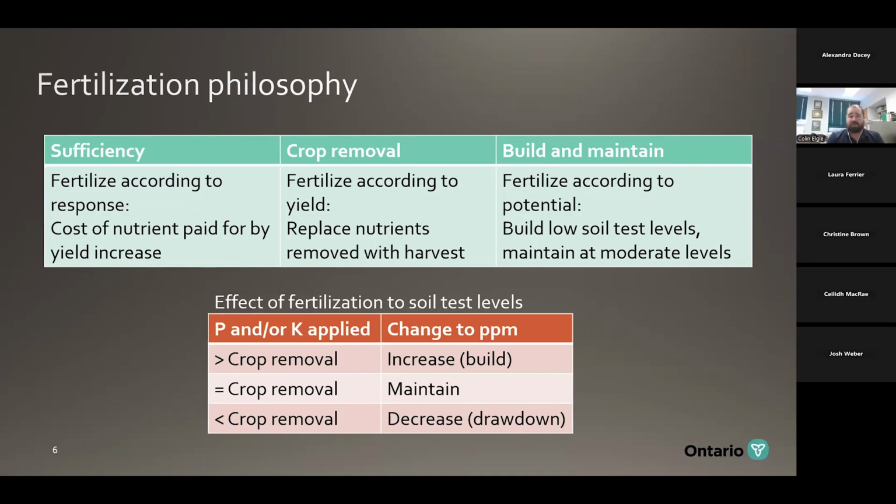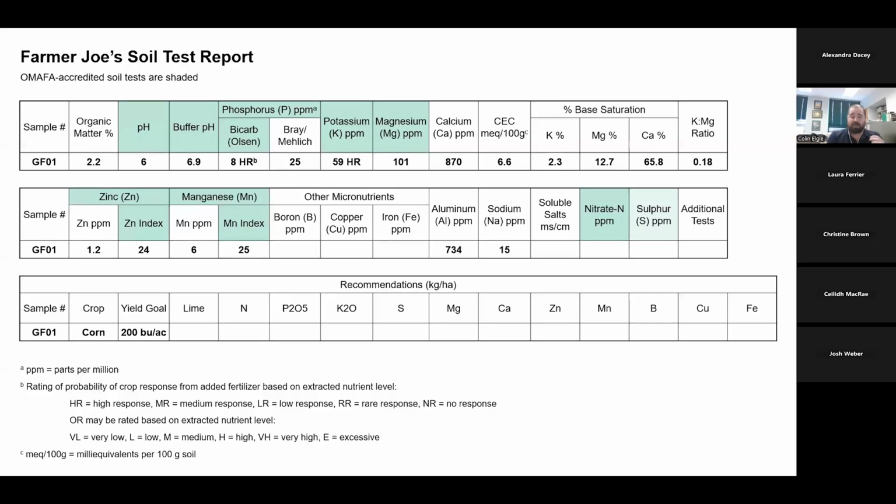In the real world, there's a lot of different interactions that go on within our soil, and a lot that we can't really get a definite answer on exactly how they work. So it doesn't always work as cleanly as I'm showing it here, but in general, this is kind of the theory of fertilization. And so if we look at our soil test report here again, there's a lot of different numbers on there, but we're really going to hone in on a few things on this specific soil test, just kind of as an example, and look at where it can take us with our three different philosophies.